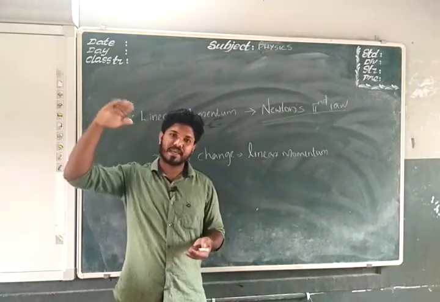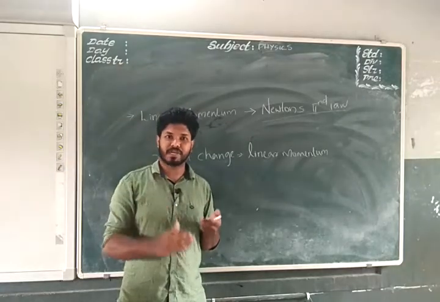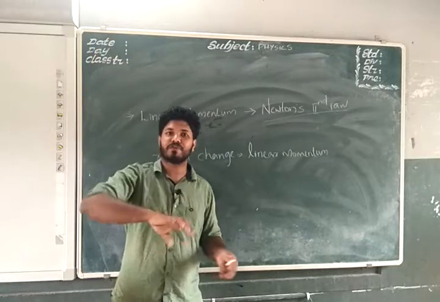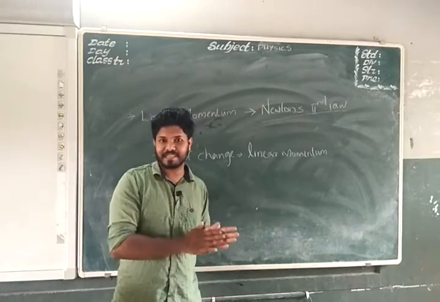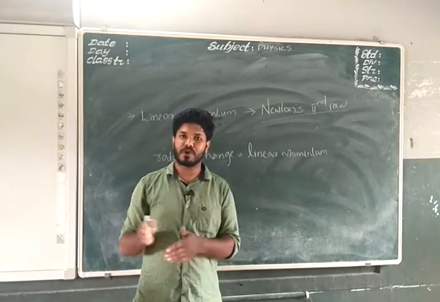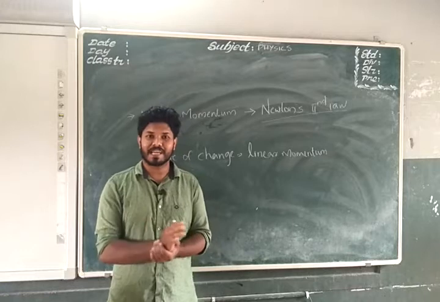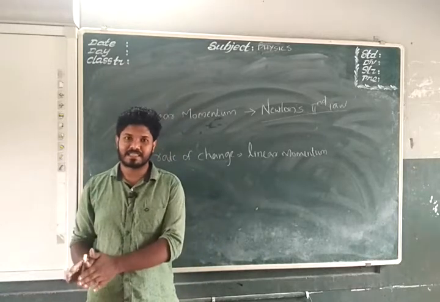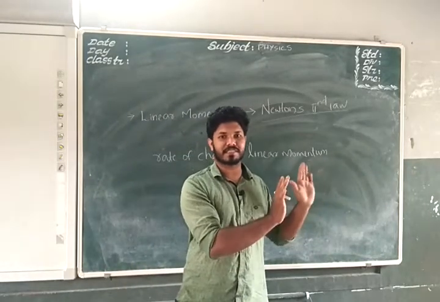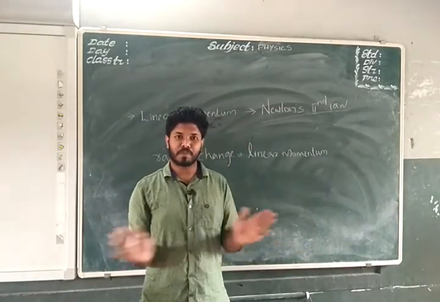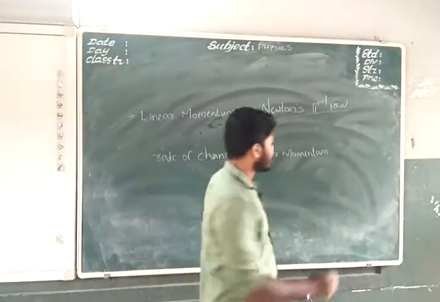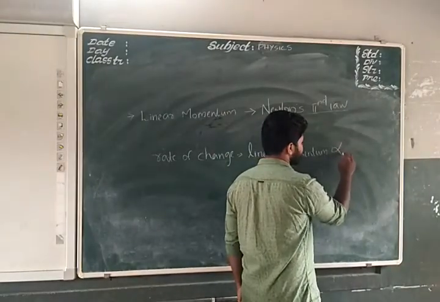So the water level in the tank is directly proportional to the speed of flow of water. That is the meaning of directly proportional. If one quantity increases, and by its effect the other quantity too increases, then they are directly proportional to each other. See here, rate of change of linear momentum is directly proportional to, and this is the symbol of directly proportional,